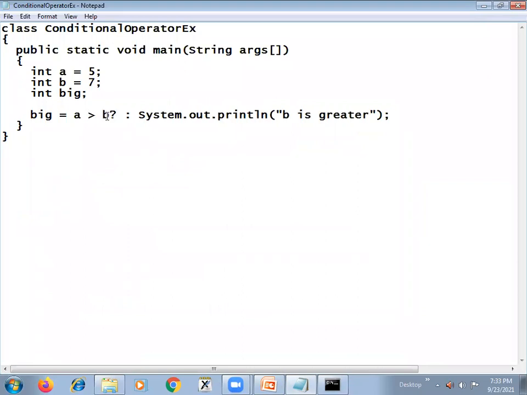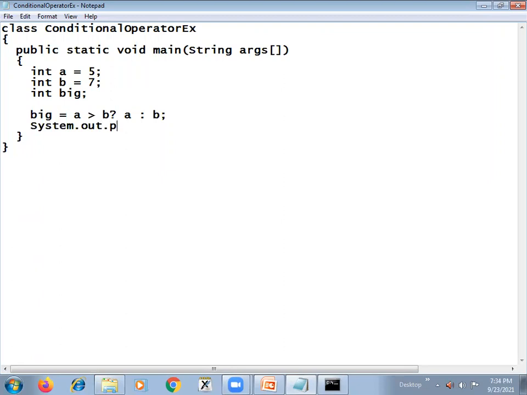If a greater than b is true, what does it mean? It goes to this part. So a is big, so the a value will be assigned to variable big here. Otherwise b will become big and that b value will be assigned to big here. Afterwards we can print that variable big and we'll get the biggest of two numbers.